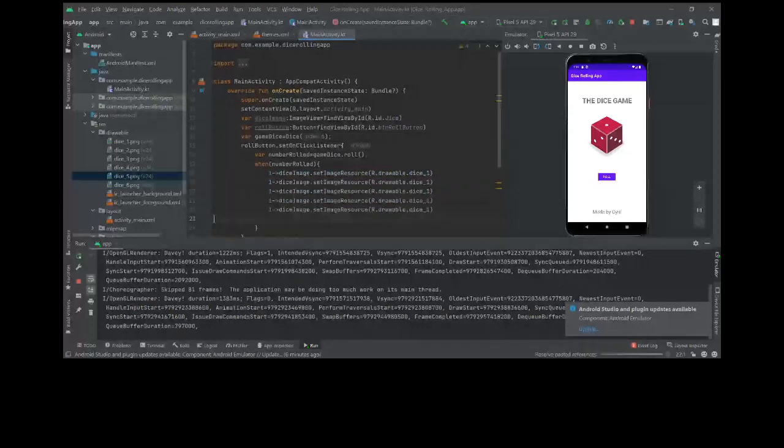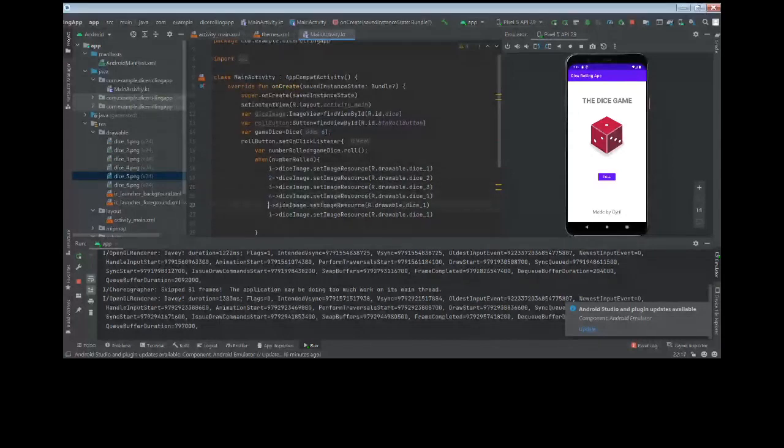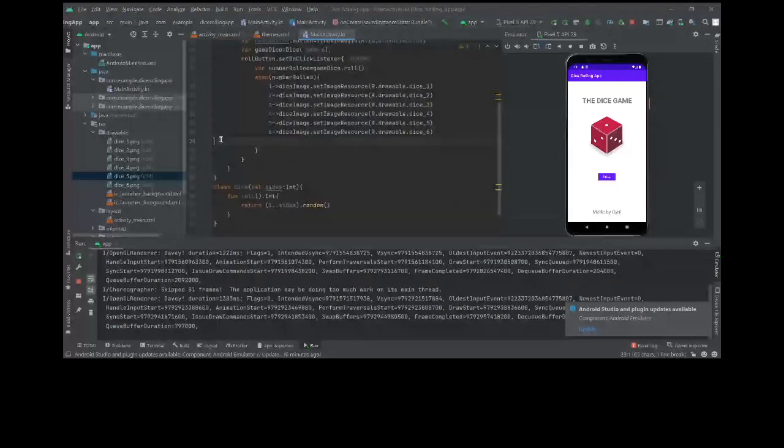Now for two, we just change it, then three for three, and it is four, then five, six. Okay. So now what this does is that according to the value of number rolled, it changes the image. Okay, so this part is done.